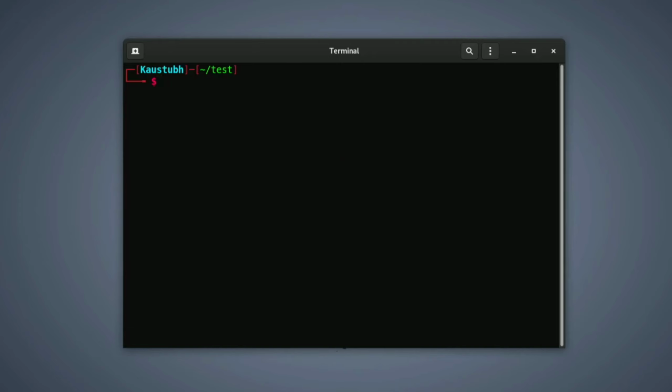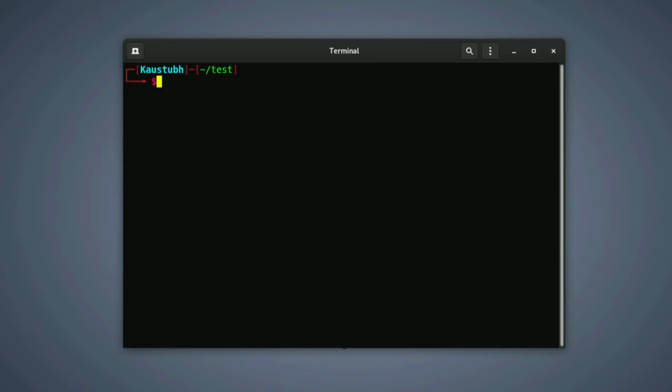We saw how we can create and append text to a file, but we didn't see how we can exactly edit those files as an editor. We can do this using the nano text editor. There are also many other text editors available like gedit and vim, but I prefer to use the nano text editor.